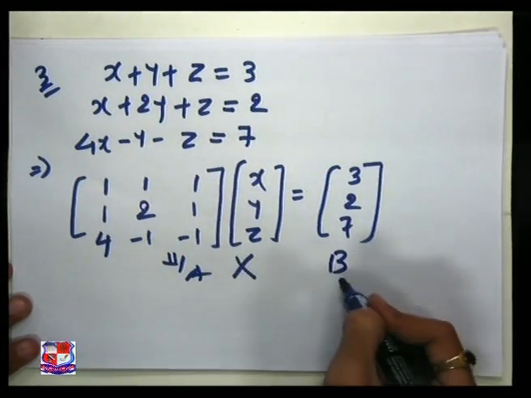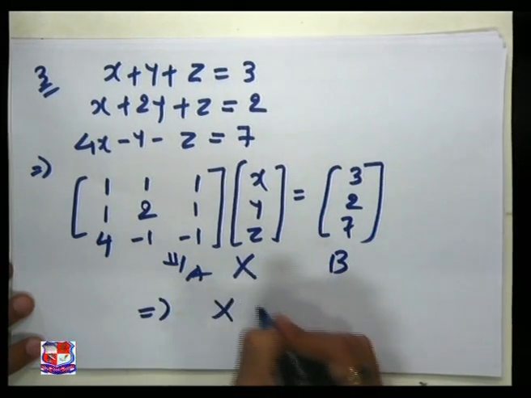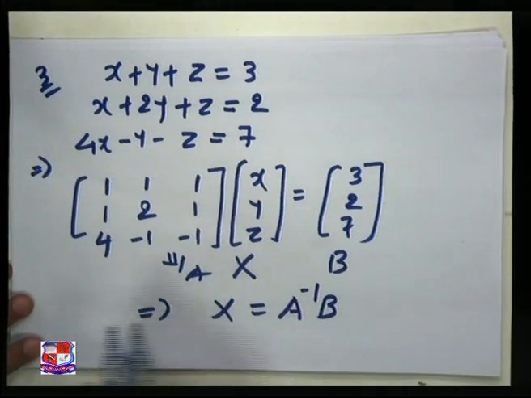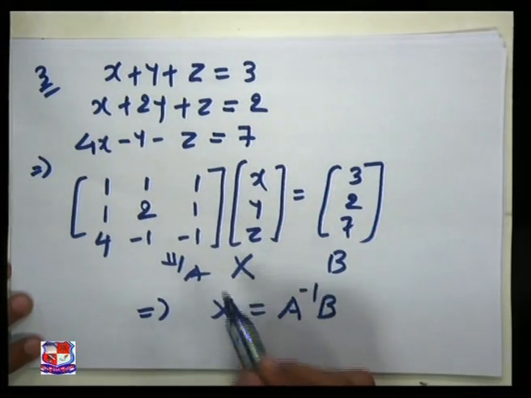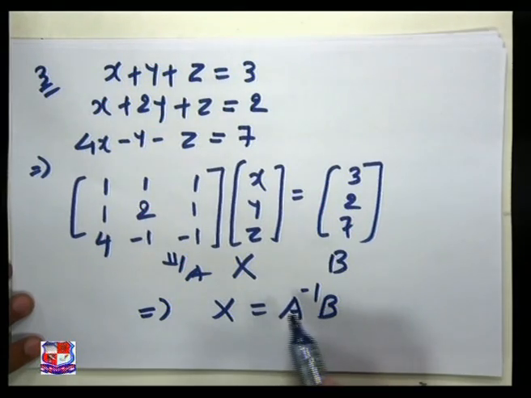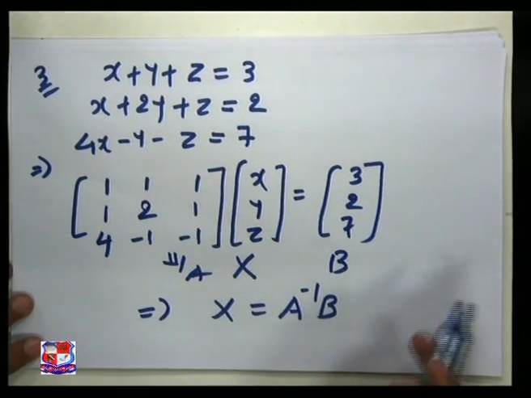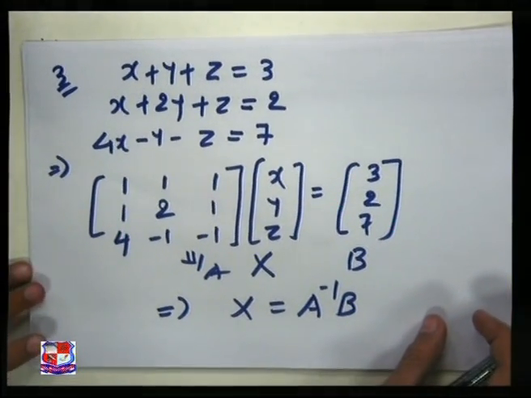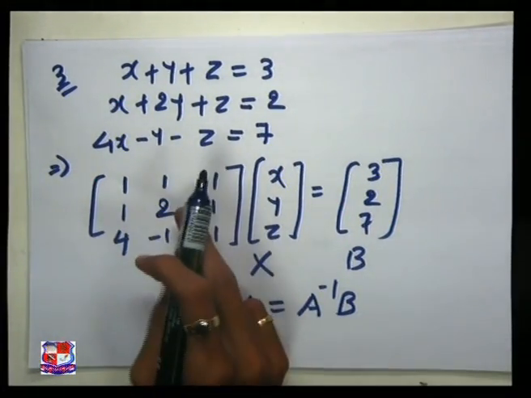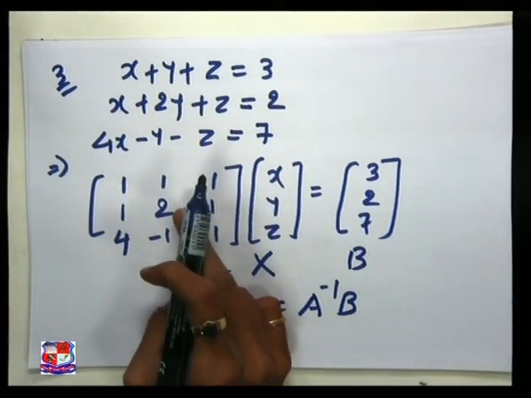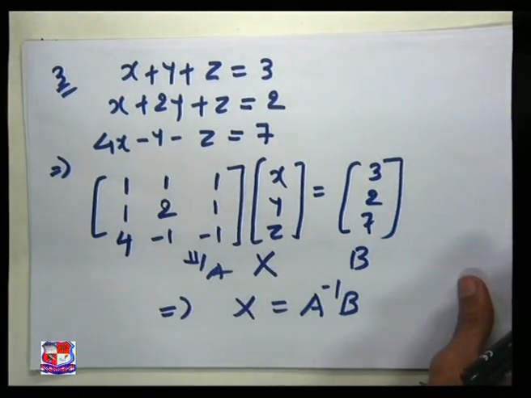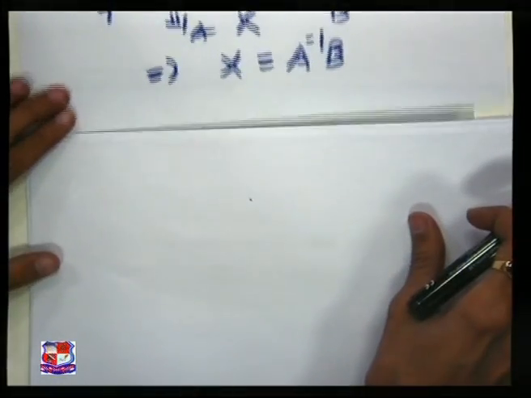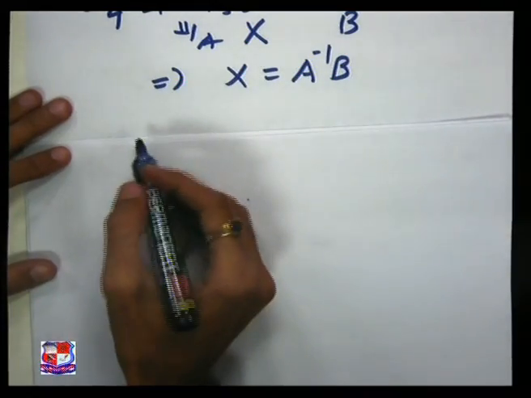This is AX is equal to B, so we will get X is equal to A inverse into B. So to find capital X, that is x y z, we need to find A inverse into B. So first of all we need to find A inverse. Now we all know how to find the A inverse from the given matrix, that is A inverse is adjoint of A upon determinant of A, right? So here A is equal to